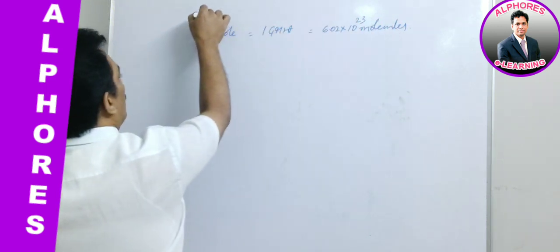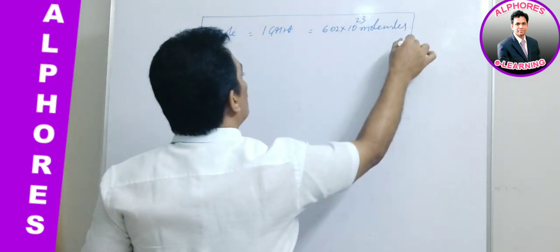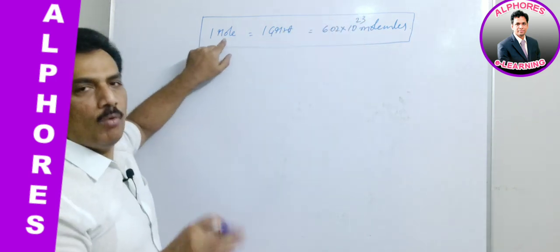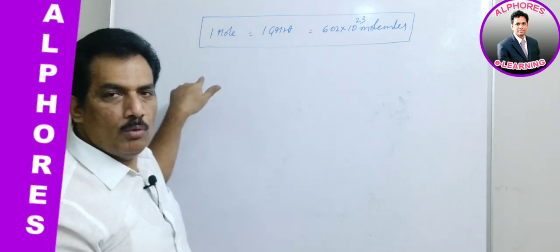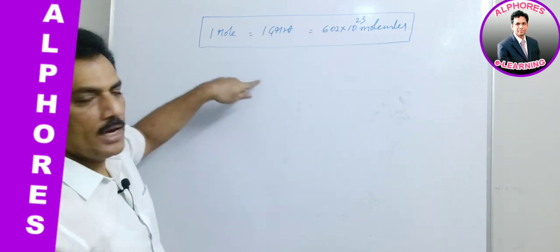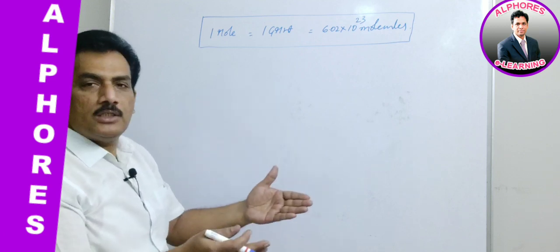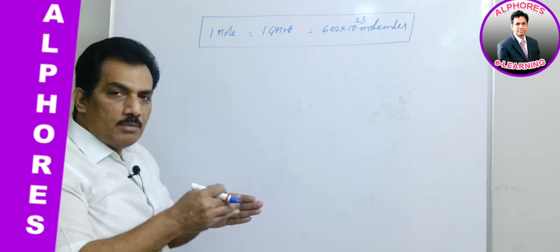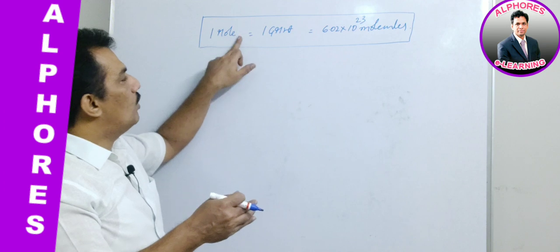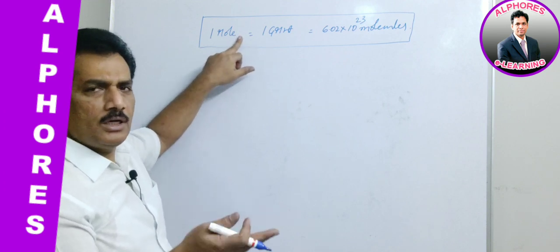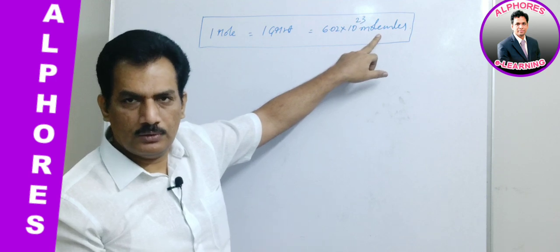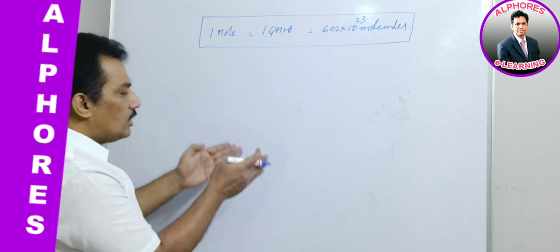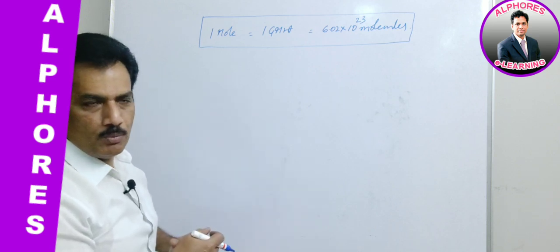This is finally what we concluded in the mole definition, because in case of molecules, then it is simply mole. If it is atom, then mole atom. If it is ion, then mole ion. Like that we have with other chemical species. The word mole is followed by the chemical name. But here there is no other word after mole, then automatically by default it is related to molecules. Clear?